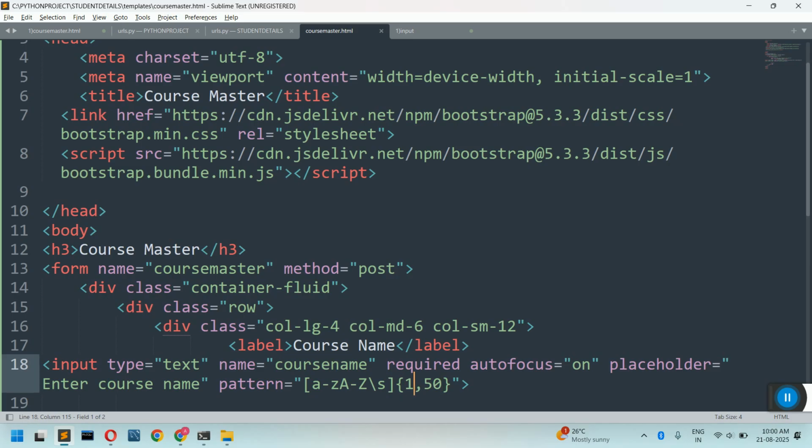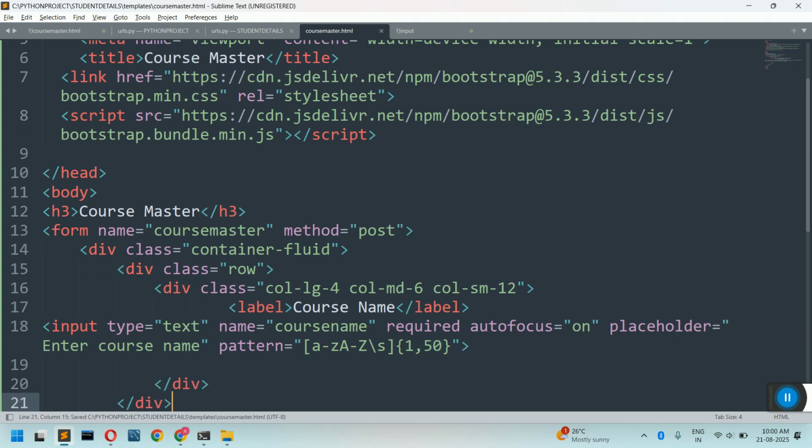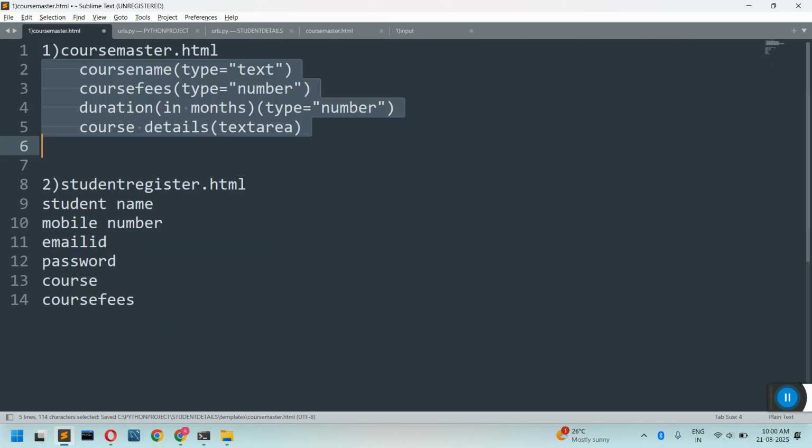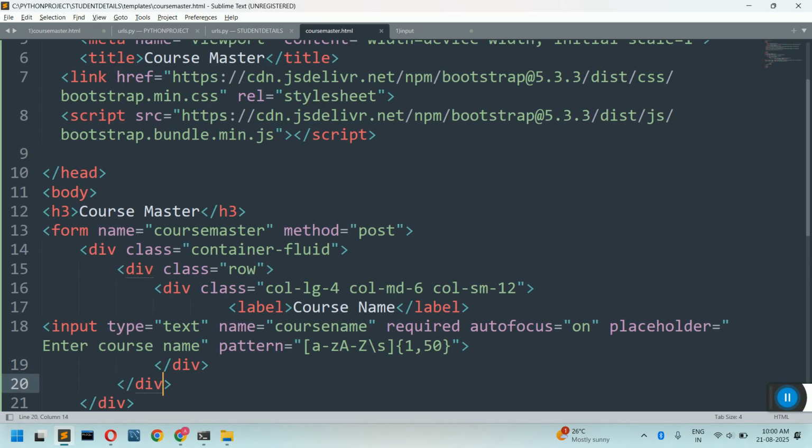So 1,50. I have given up to 50 characters. You can enter the course name in this case. So this is one tag that I have created. After that, the next thing is I want to take a second input from the user. The second input I need is course fees. So what we do is